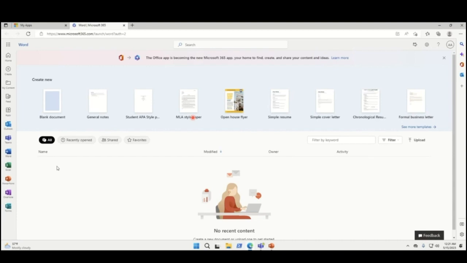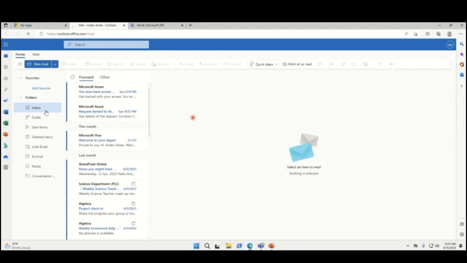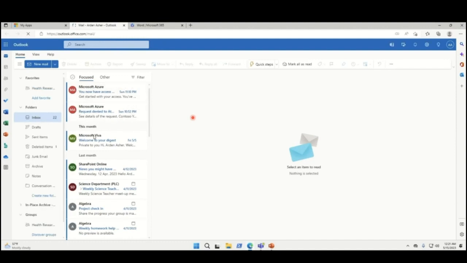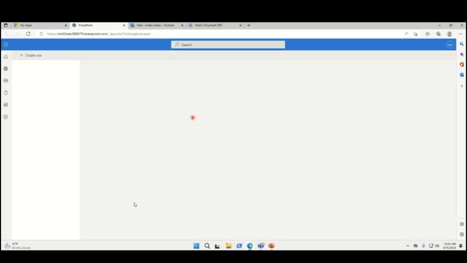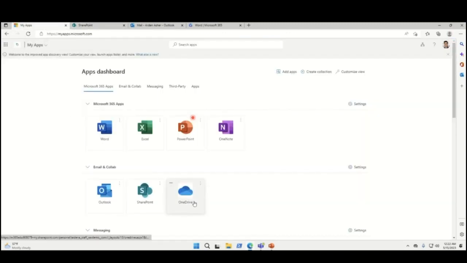They click on their different apps. So they clicked on Word and it brought them to the Word application. Say you want to access the email and collab category of apps, you click on Outlook and it launches Outlook for you from there. Now you also can categorize your different apps. So in this case, the user clicked on SharePoint, OneDrive, whatever application they needed access to. They don't need to remember, oh, how do I get to my OneDrive? How do I get to...